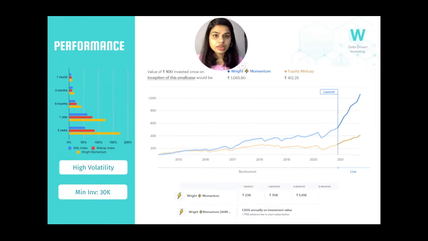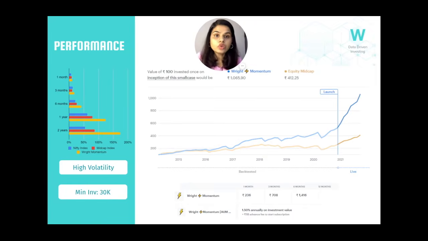Over the last year or so, there hasn't been much volatility in this particular portfolio, but this portfolio tends to move with the market with sharp moves. So if the market is moving up, this moves very sharply up, and if the market is going down, this might also have a sharp downward fall. But we do manage the risk for this particular portfolio as well using a deallocation policy.